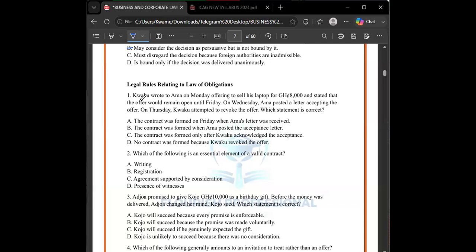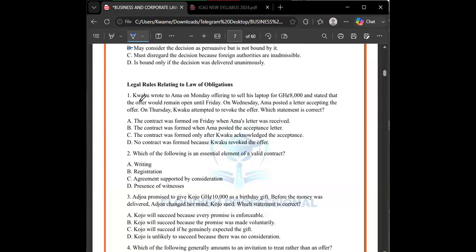So you should bear in mind the types and why, the forms and then the why. Maybe you can be asked: people want to sort out an issue through a third party, but they do not have in mind that the third party should give a final decision. Mediation can come in, or the third party will give suggestions, but then it's not binding. The suggestions are not binding. That one becomes conciliation.